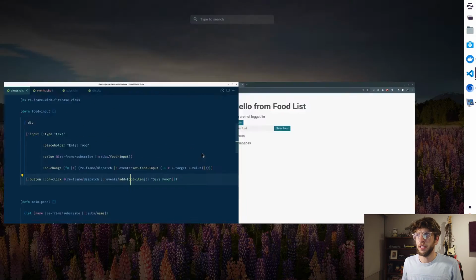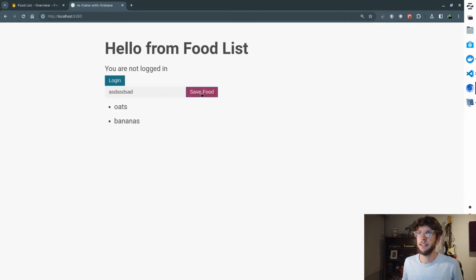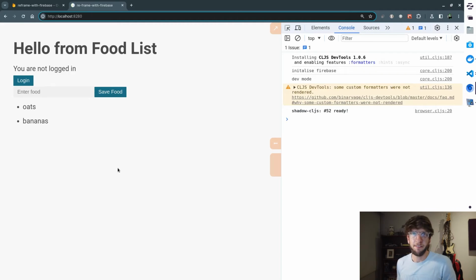Go to views. I think it'll work. Let's type something in, save it. Yep. And now we're storing stuff to our Reframe database. But of course, if we refresh this app, none of our state is persisted. So what I want to do is persist this data in Firebase and then fetch it from Firebase when we're